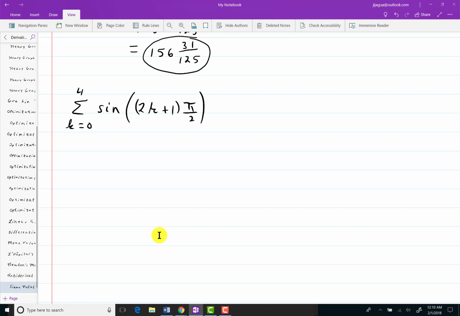All right, for this one, you see that I have K going from 0 to 4 of sine, and I have these numbers inside of here. The only variable is the K. So let me write it out in complete detail. We'll start with sine of, when K is 0, you're going to get 2 times 0 plus 1 times pi over 2